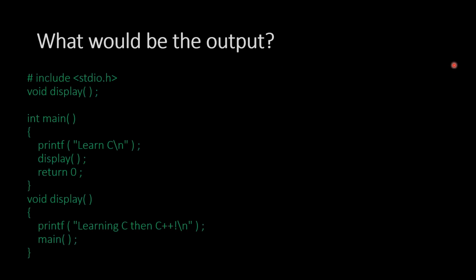What would be the output? #include <stdio.h>, void display(); this is a function declaration or a prototype. int main, the main function begins here. printf("Learn C"), display(), calling the function display which we declared here, return 0, closing of the main